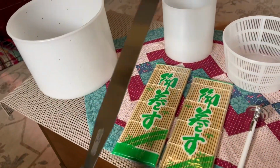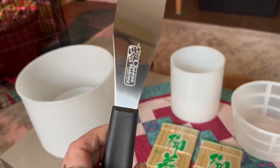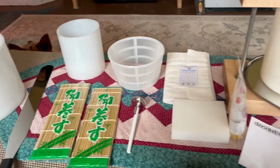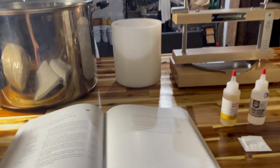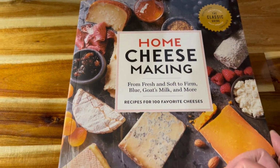This is essentially a really long spatula. It looks like a sword, but it is what I'm going to use to cut the curds. And all I'm going to do to disinfect everything is use a 50% vinegar water solution. So I'm going to be making the farmhouse cheddar recipe out of this home cheese making book